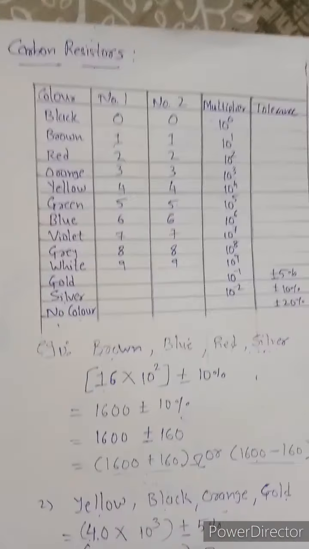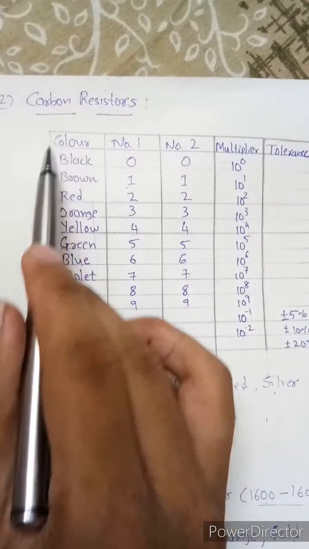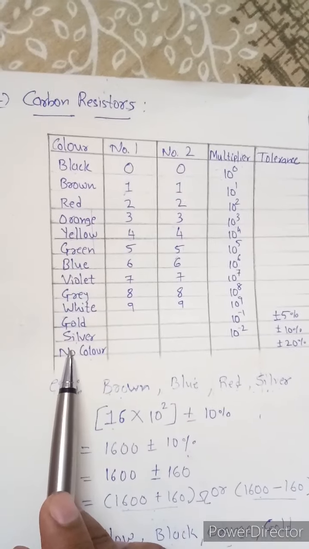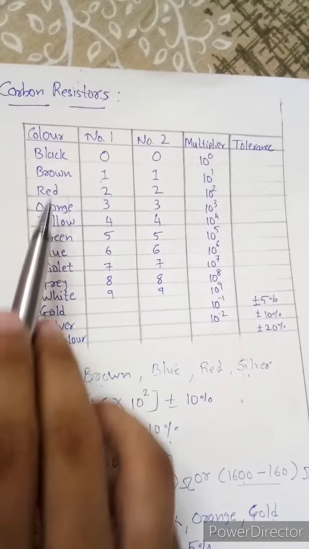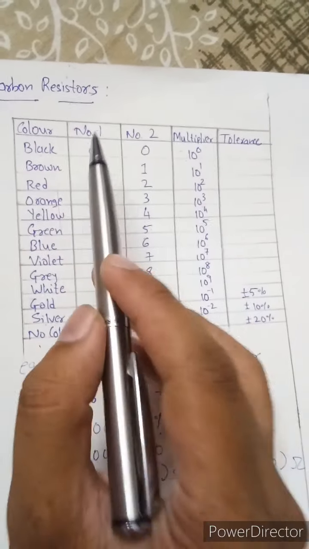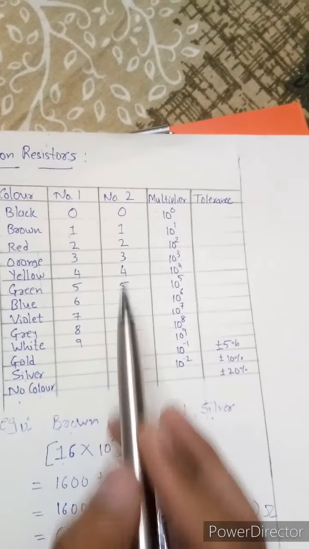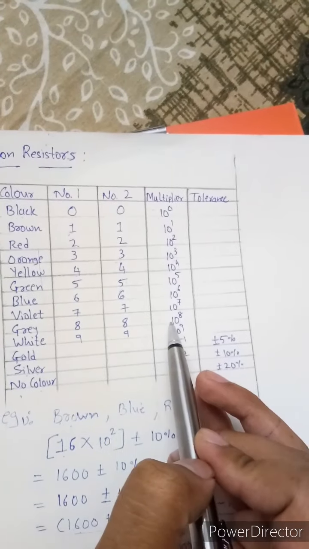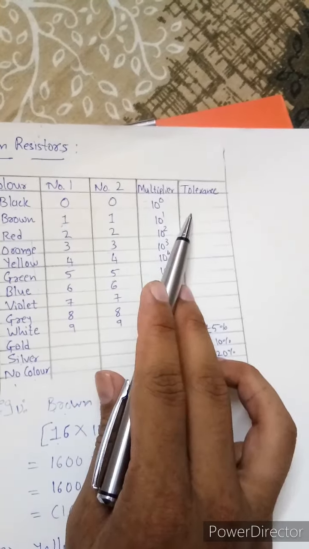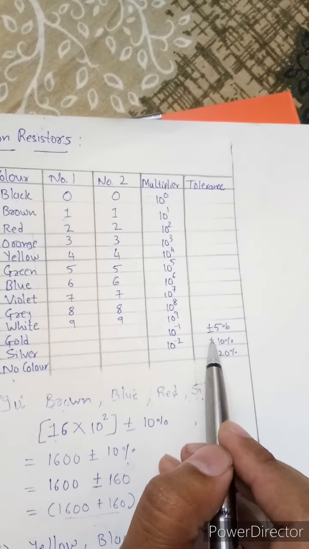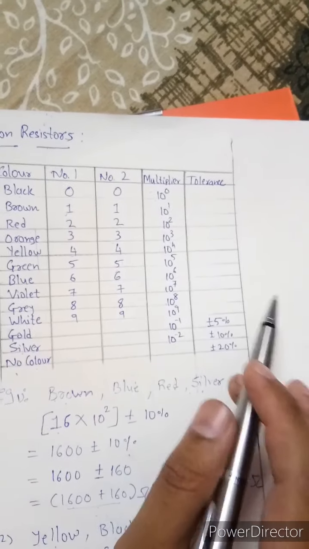Now one question is there: how can you remember these colors? It may get mixed up, you can mix the values or mix the colors. It is easy: you just put the values 0 to 9, and the multipliers 10⁻0 to 10⁻9, and two more. For the fourth column, you have to remember just 3 values: plus or minus 5, 10 and 20%, for the last 3 values only.